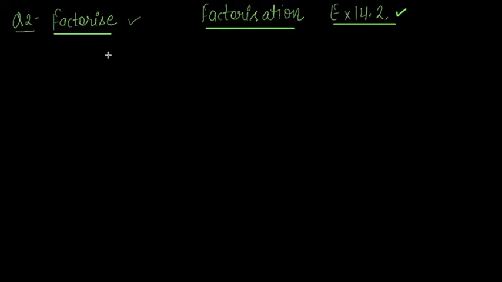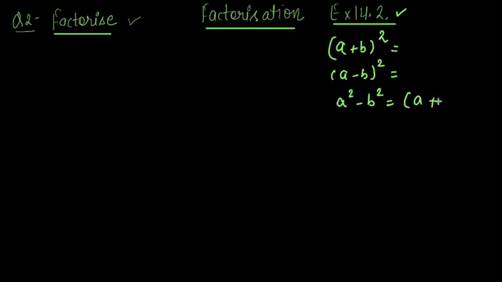But of course, you will see the difference, as in question number 1, we made use of algebraic identities a plus b whole square, and a minus b whole square. So in this question, we will make use of the third algebraic identity, which is a square minus b square equals a plus b into a minus b. Again, as I said in my first video, it is very important to identify the question before you start.